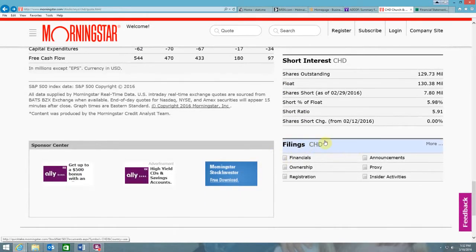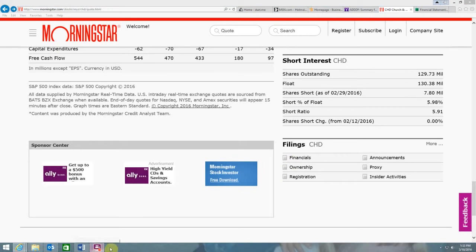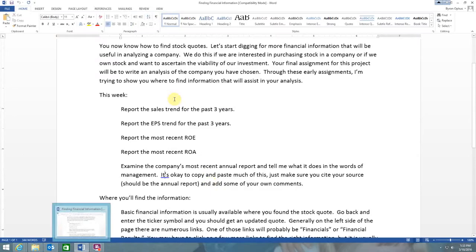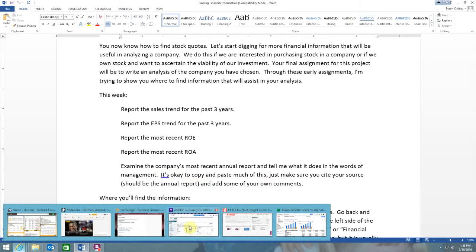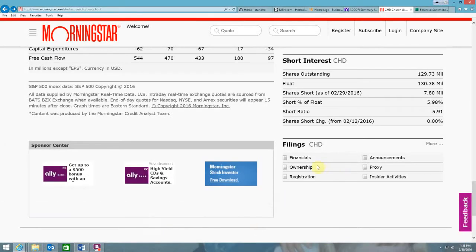So I'm going to go back and cruise on down a little bit more. Down here, filings. Okay, filings for the company. Financials, ownership, registration, announcements, proxy, insider activities. One of the things that you need to do for your assignment is look at the annual report, right? Okay, and you may end up wanting more than the one annual report, but if I click on the financials down here,